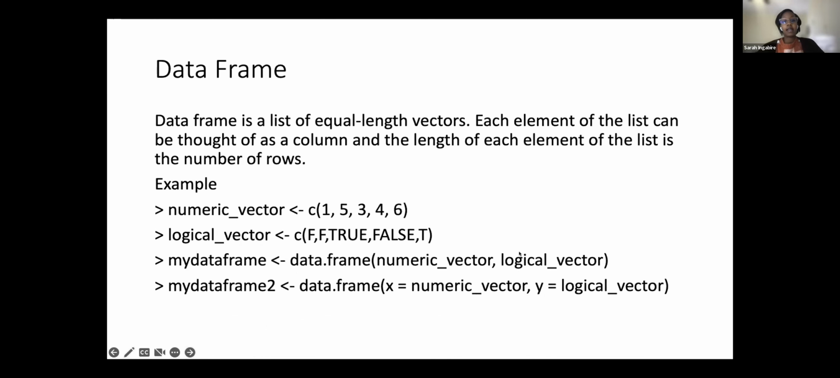Okay, and then next, data frame. So data frame is basically a list of equal length vectors. Each element can be thought of as a column, and the length of each element of the list is the number of rows. One thing that you need to keep in mind when you're creating a data frame is that the vectors have to be